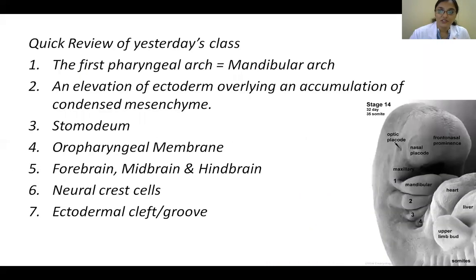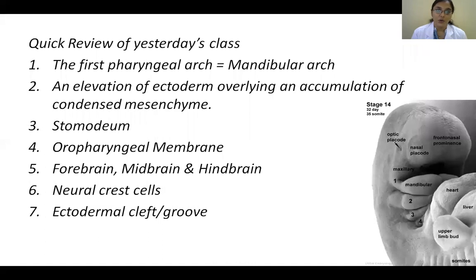So once again, let me just rewind whatever was taught yesterday. A quick review of yesterday's class. We have 5 paired arches. Just look at the image down there. Identify the stomodium. The stomodium is the ectodermal pit, and you can make out the prominences around. There is one prominence overlying the future brain, the first brain vesicle, the forebrain vesicle. Then you can make out some more elevations on the sides surrounding the stomodium, and they are the pharyngeal arches. The first pharyngeal arch is called the mandibular arch, and the second the hyoid arch.